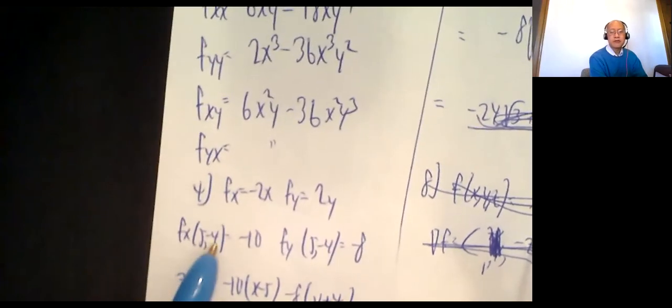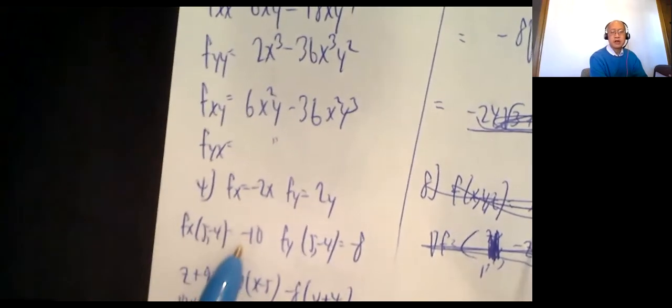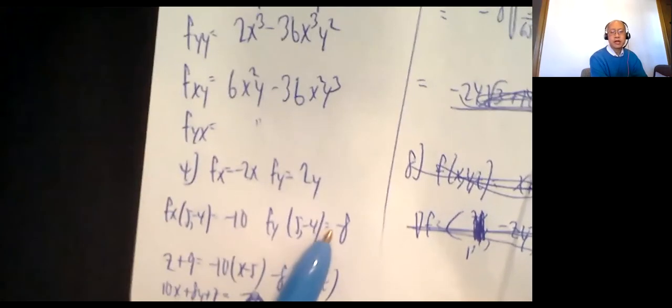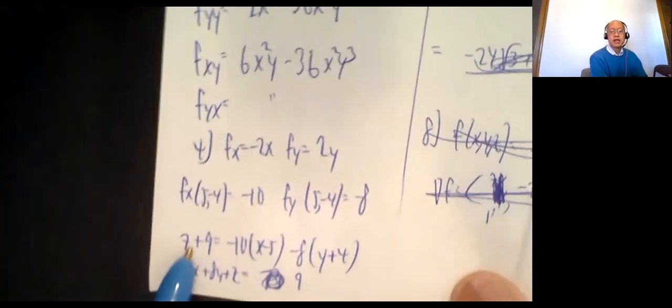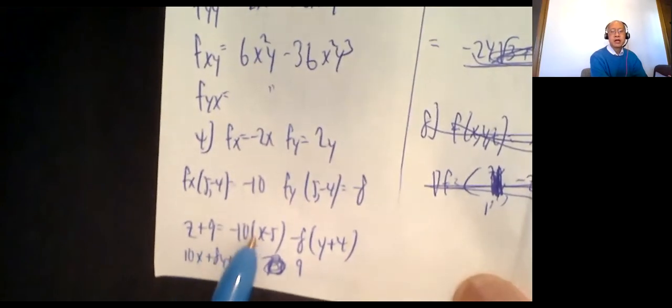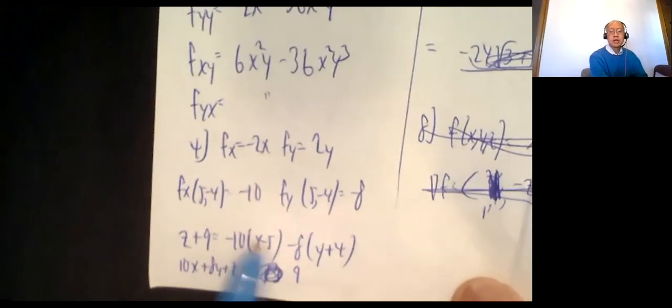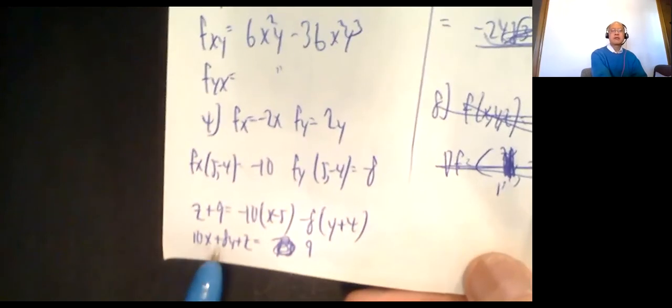Number 4, fx, the derivative with respect to x, is negative 2x. The derivative with respect to y is 2y. Plug in (5, -4), which means x is 5. Fx is negative 10. Fy at (5, -4), plug in negative 4, is negative 8. So z minus 9 equals negative 10 times (x minus 5) minus 8 times (y plus 4) by formula. You can leave it like that, or if you want to clean it up, 10x plus 8y plus z equals